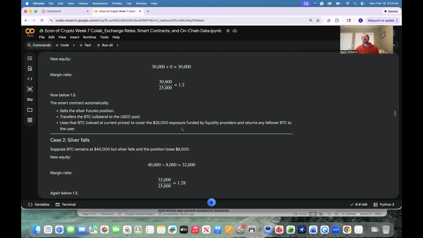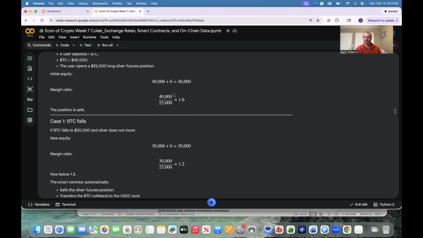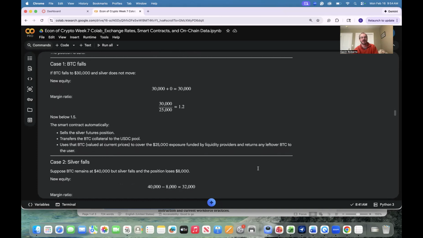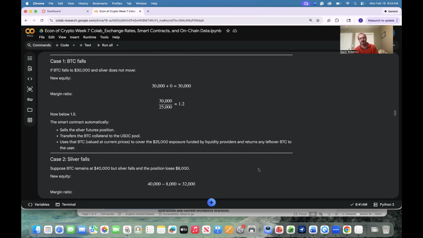At the same time, in order to liquidate these positions, silver is being sold. And Michael Burry's question, and he believes this might be true, is there's a lot of contracts sitting out there like this right now. To the extent that those represent a lot of value, you get double risk in Bitcoin falling or silver falling, because we saw in cases one and two, both of those led to problems with the contract, led the silver position to be liquidated, which would cause silver to go down more if there's a lot of those positions.